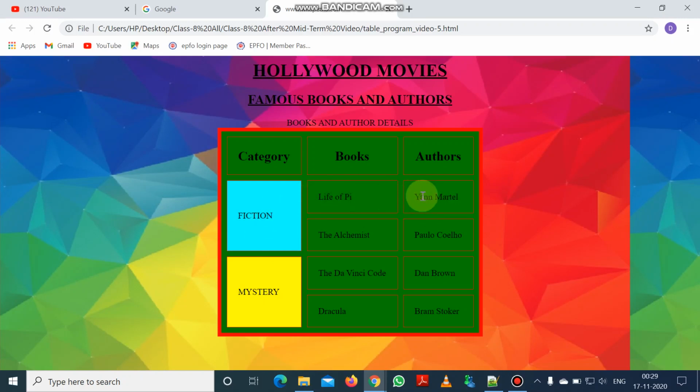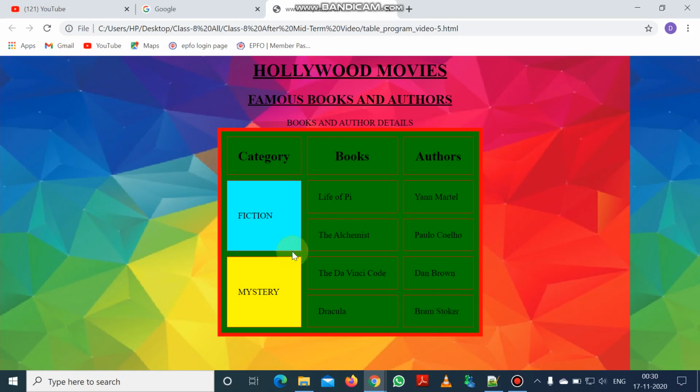So this is one row, remember this. And then the second row we will create the Alchemist and Paulo Coelho. So this is the second row, and the third row will be mystery and the Da Vinci Code and Dan Brown, and the fourth row will be Dracula and Bram Stoker.